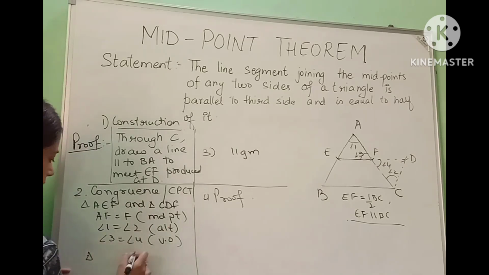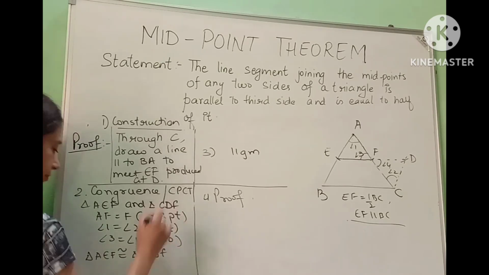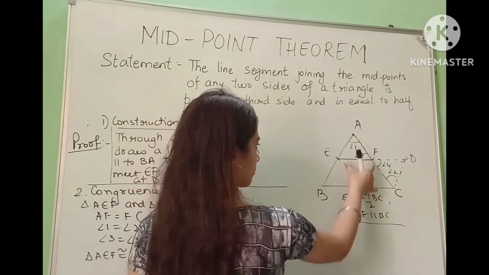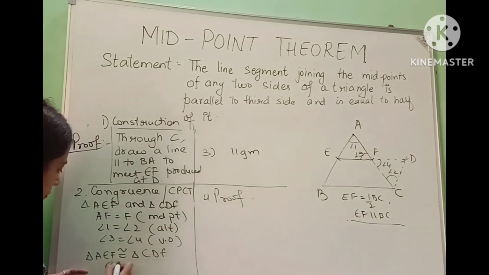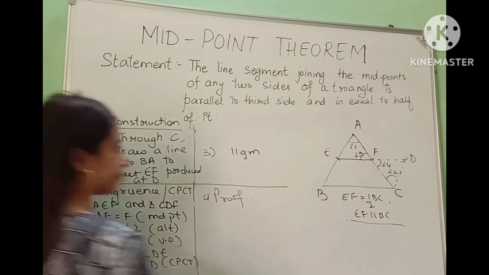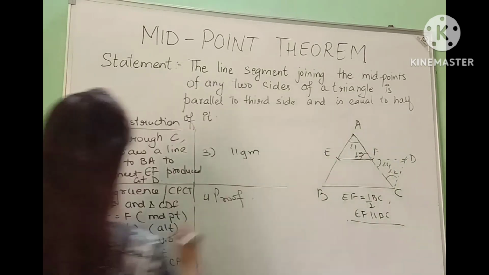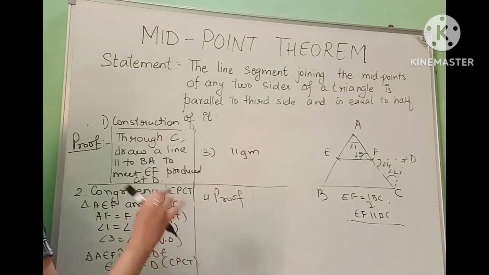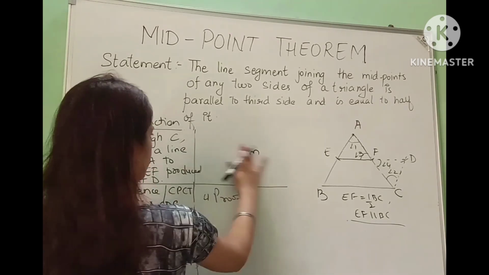The two triangles are congruent. It means the congruency part is done. So triangle AEF is congruent to triangle CDF by ASA. Now if the congruency is done, we need to take the CPCT portion. Now how to take the CPCT portion, which we need for the proof. EF should be equal to FD, that's the first one. And the second one is AE and CD should be equal, because in a parallelogram we need the opposite pair. So it means the congruency is done.